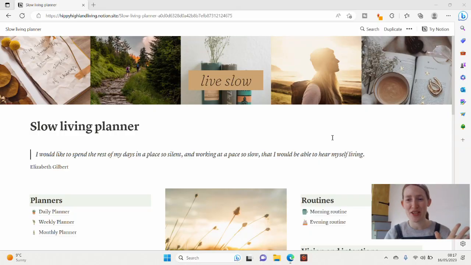Okay, so I thought the easiest way to do this would be a screen share, so I hope that's okay. I'm going to be running through the planners I sell on my Etsy as examples. The first one I'm going to start on is the Slow Living Planner. This is the first template I came out with, and I know a lot of you guys have really enjoyed using this. So thank you very much to everyone that has supported my Etsy store in purchasing this.